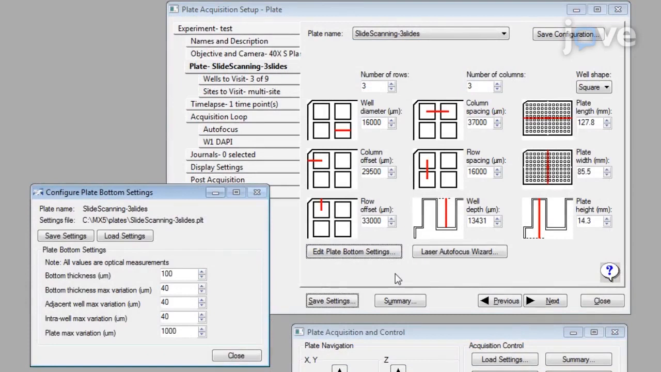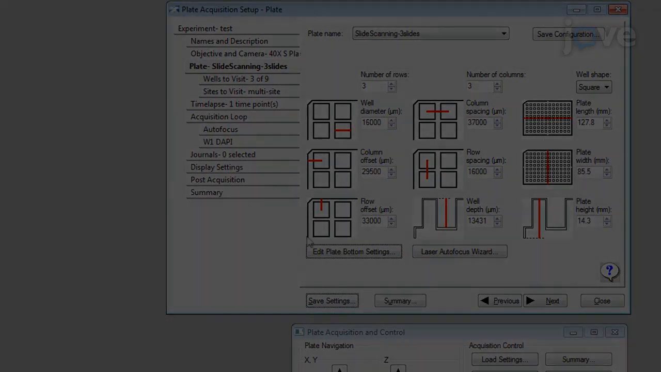Confirm that all of the settings under the Plate Slide Scanning and Edit Plate Bottom Settings tabs are the same as entered for setting A and open the